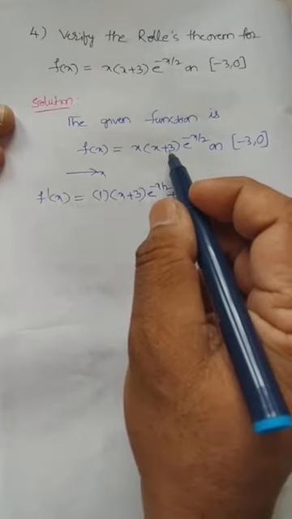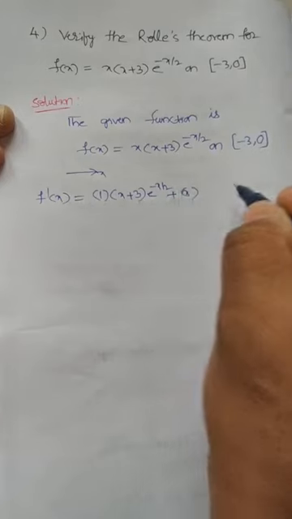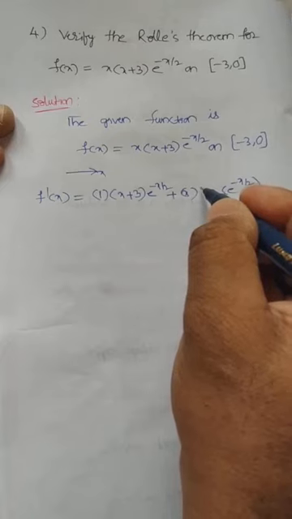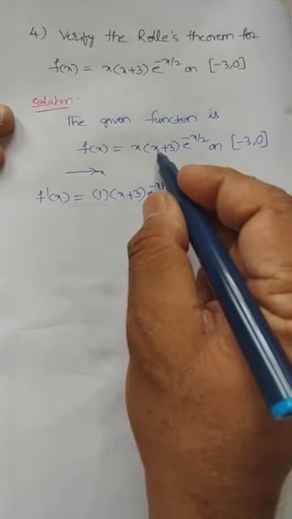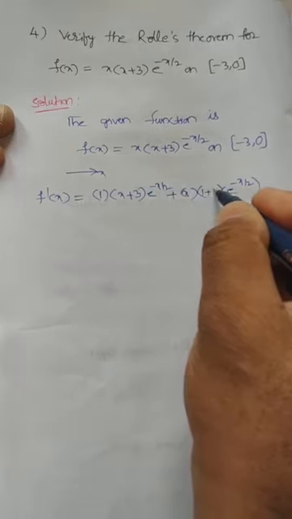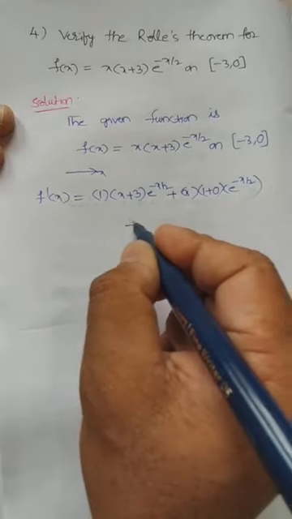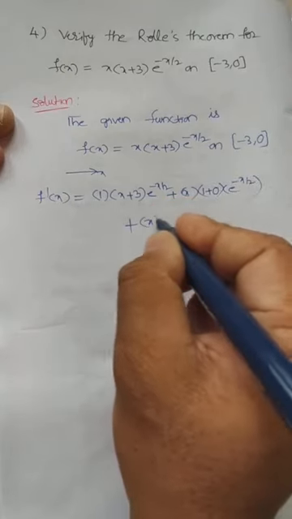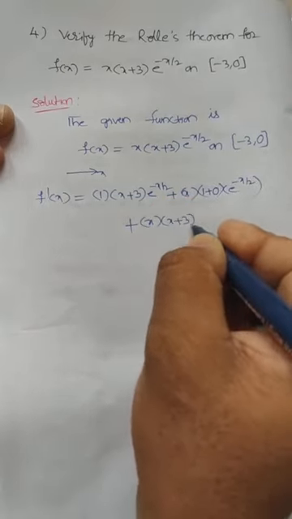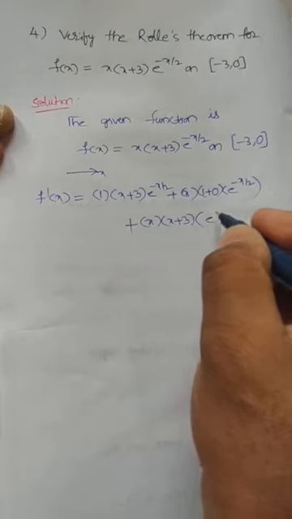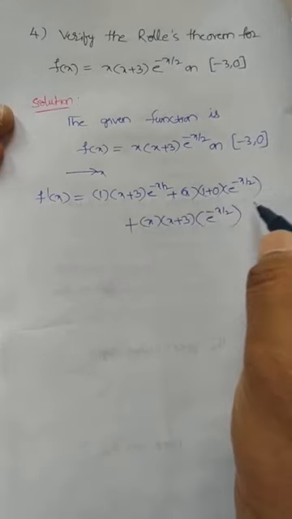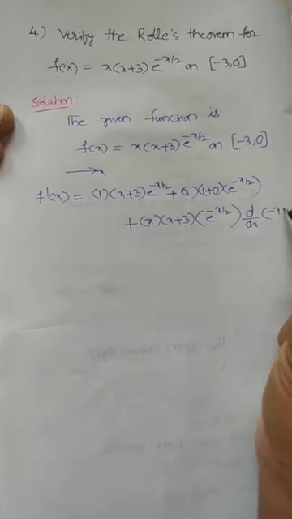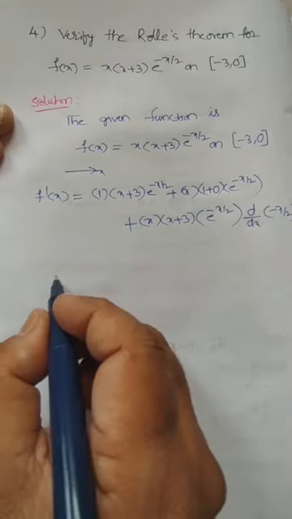Now the derivative to the second term, x remains same, the last term e power minus x by 2 remains same, the middle term is going to be derivated. So x derivative is what now? 1, and the constant derivative is what now? 0. Now the third one, derivative to the last term, kept the first 2 terms the same, and e power minus x by 2 derivative is what now? E power minus x by 2. Again you have to derivate d by dx of minus x by 2. Okay. So what I got?